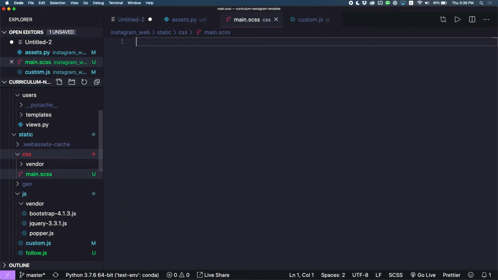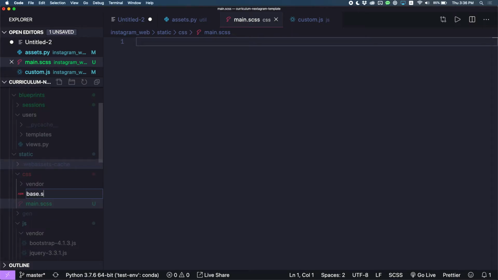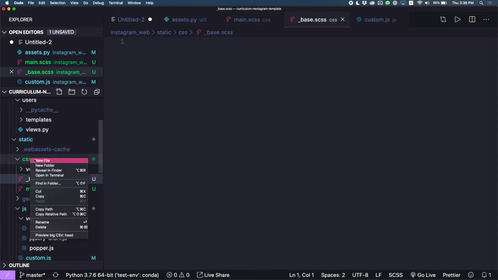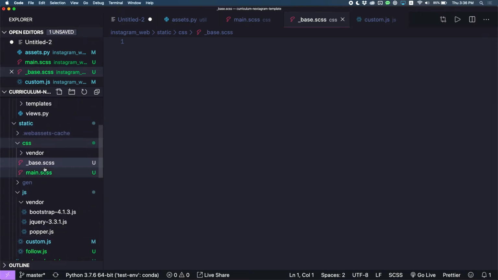Okay, I'll make it empty. What I want here is to start importing. So you can have partial SCSS. If in here I start creating files, I always need a base. I'll use an underscore to differentiate that this is a partial. I will also need a